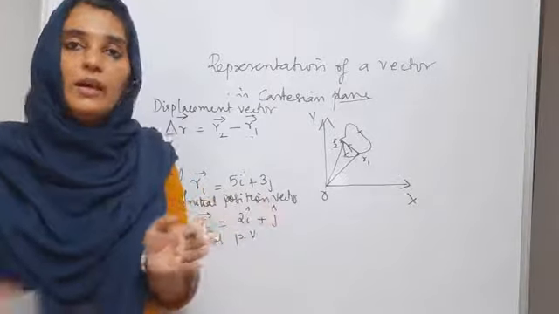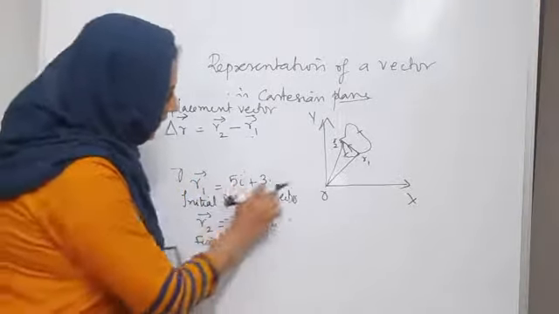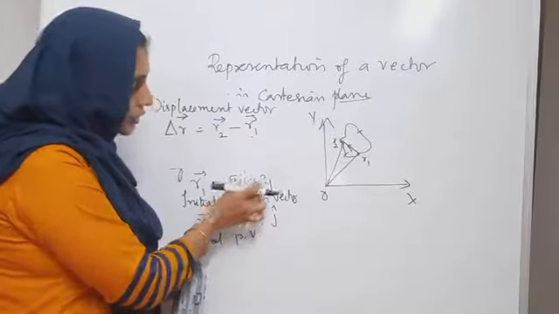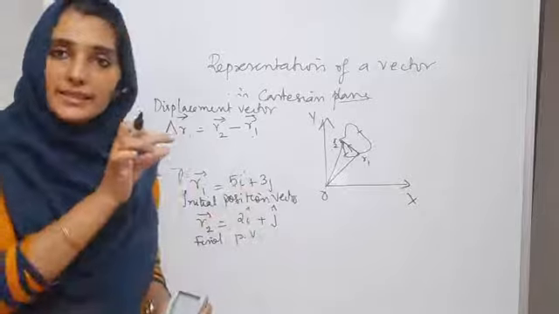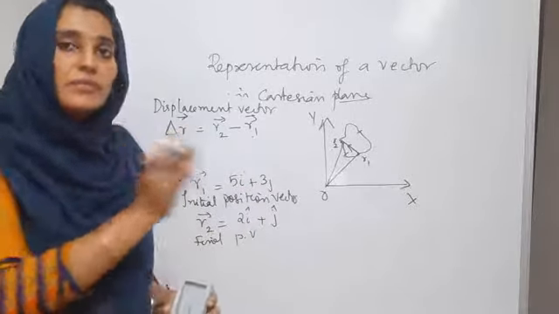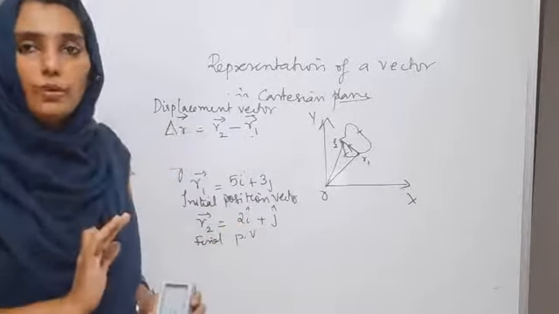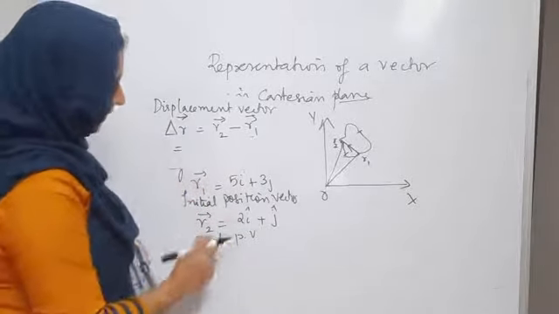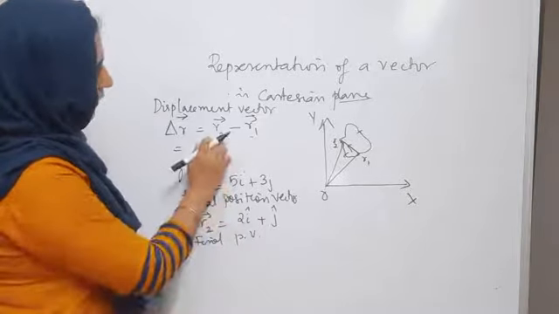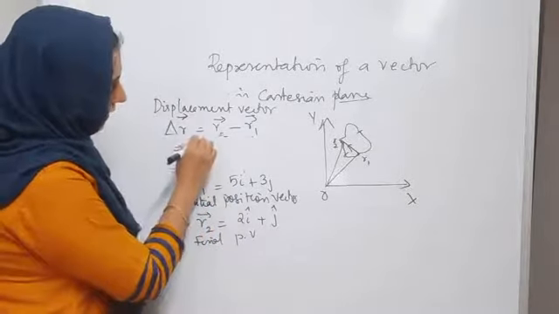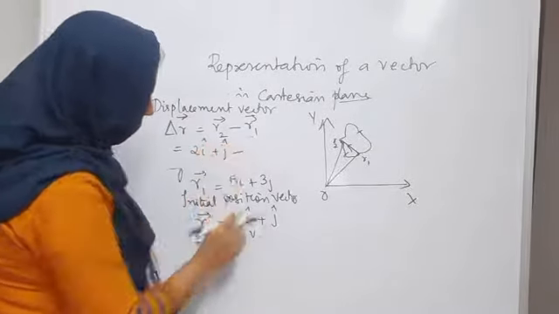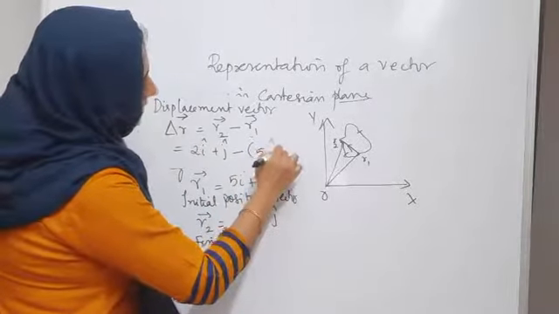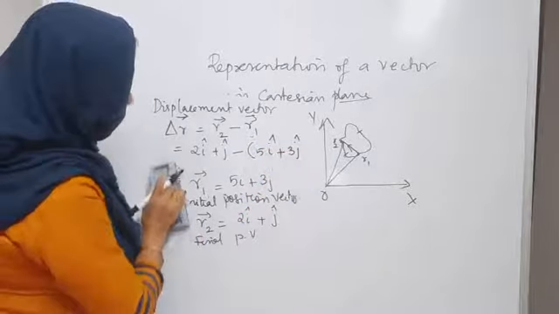You can never mix them. Even though it is represented as a combination, they are vectors. But when it comes to components, that is each part of a vector, when you have to make a subtraction or addition, then i has to go with i and j has to go with j. So let us try to find out the displacement vector. First I am going to write the final position vector, 2i cap plus j cap, minus, you have to put it in brackets, 5i cap plus 3j cap, isn't it?